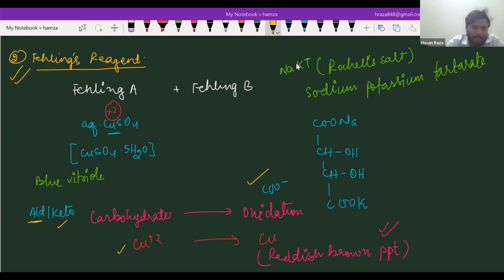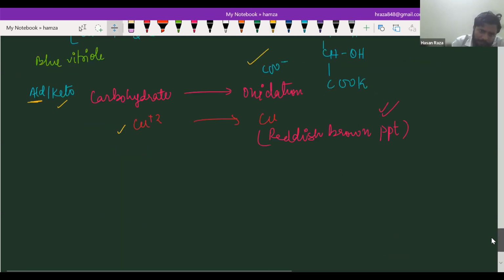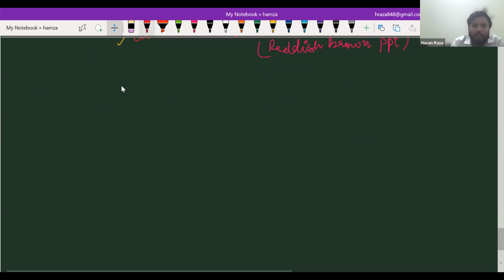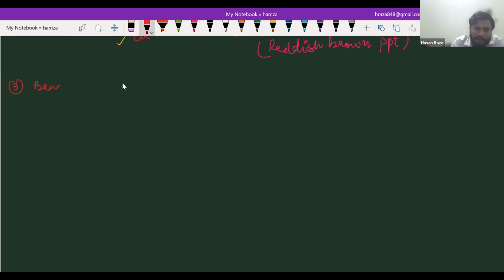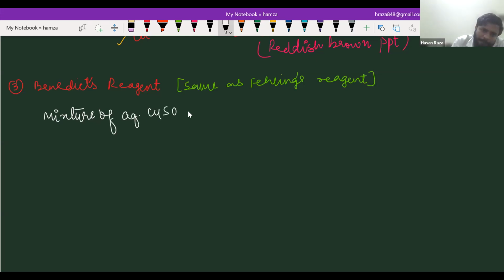The next is basically Benedict's. Benedict's is the same as Fehling's reagent. So basically what happens here? There is also a mixture of aqueous CuSO4 plus